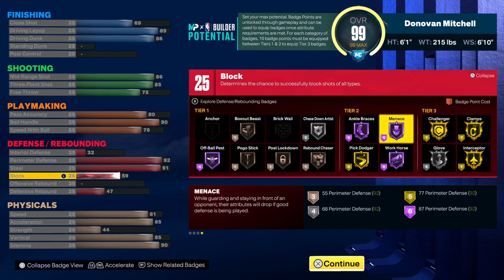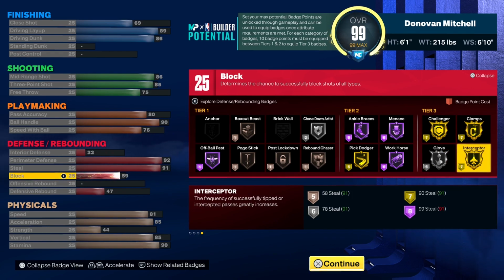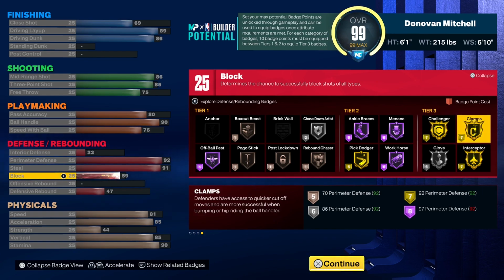which is where it is key, because again, you can easily slap on Hall of Fame Ankle Braces paired up with Hall of Fame Workhorse, which is 12 badge points. And then from there, I'd do something along the lines of core Clamps. And then you got 12, 19, 12. You still got 13 total badge points to play with, which you can slap on Challenger and Interceptor,